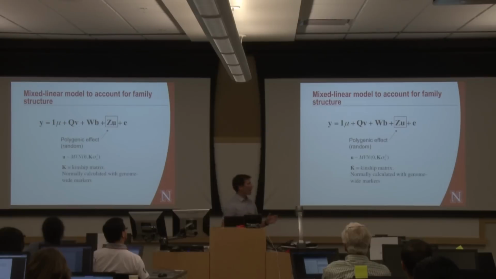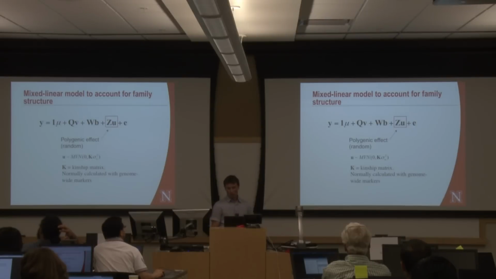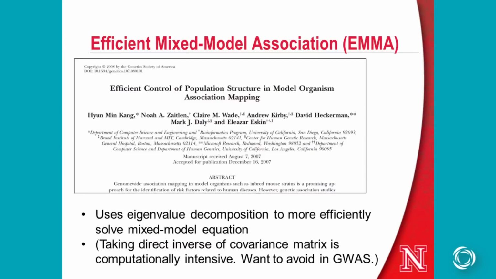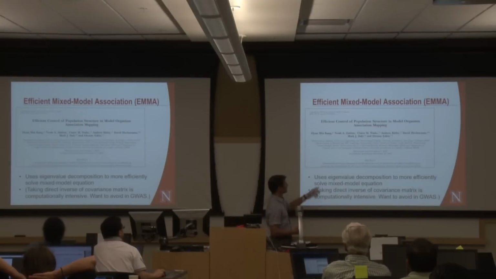All right, so now we have this. We went from a naive, simple linear model to a somewhat complex mixed linear model. And this is going to be much, much more challenging to solve, especially when you have a large number of individuals, than your simple linear model, okay? And you can implement this in PROC MIXED in SAS, or any other mixed models package. But taking the inverse of that covariance matrix, especially when it's very, very large, is very, very computationally demanding. And so lots of tricks have popped up in the GWAS literature on how to take these inverses more